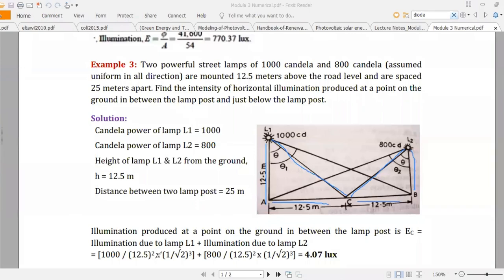Okay, 1000 illumination due to lamp 1 and illumination due to lamp 2. Just add both the values. 1000 divided by this much and 800 divided by this much. Okay, that is the distance. तो ये हमारा आ जाएगा 4.07। ये तो सिंपल है।